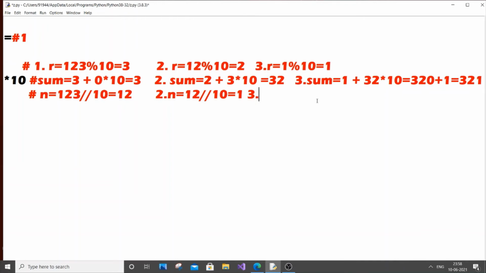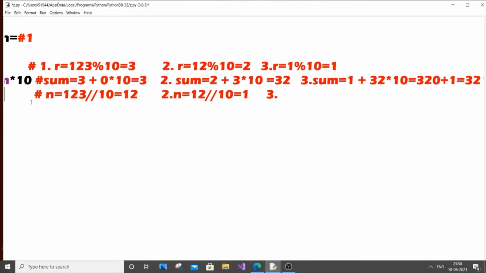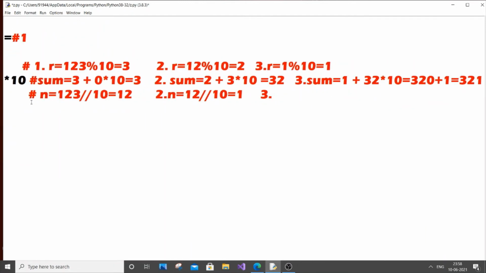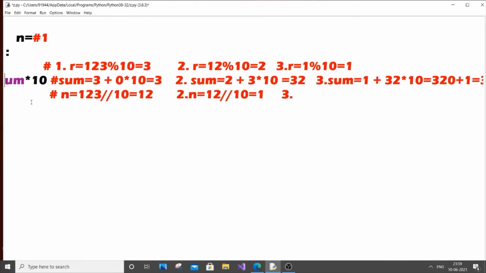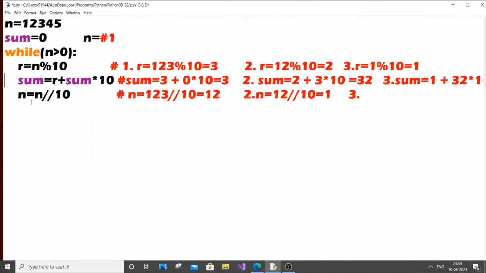Here is the condition on which we finally break from this while loop. We are not going to use a break statement at all. The only way to break from the while loop is for the while loop condition to become false. Our condition is that the number is greater than 0. So if n becomes 0 or less, our while loop is going to break.